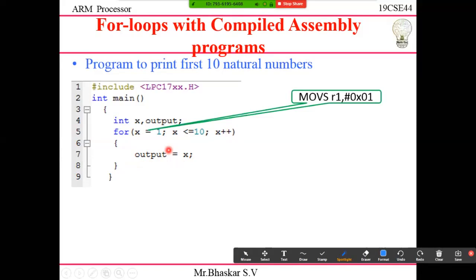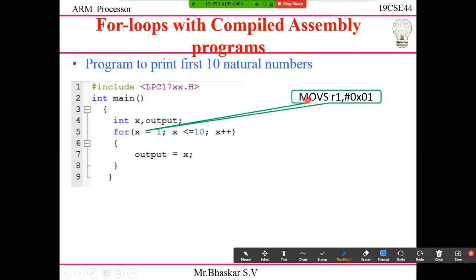If I compile my program, how does it take the values? See, every time you add an S, all my instructions are added with S. S is nothing but the status flag, in order to affect the status. If you do any operation, my status flags are affected.